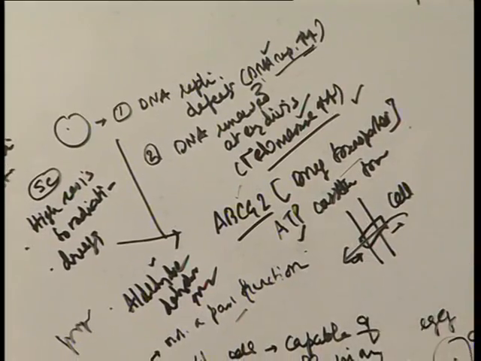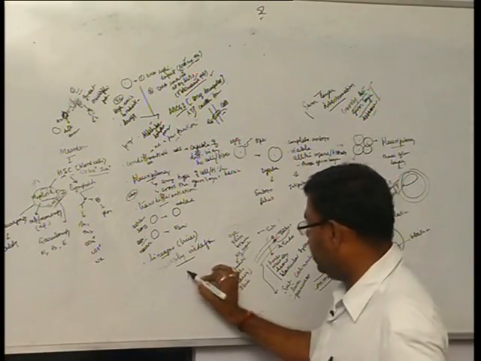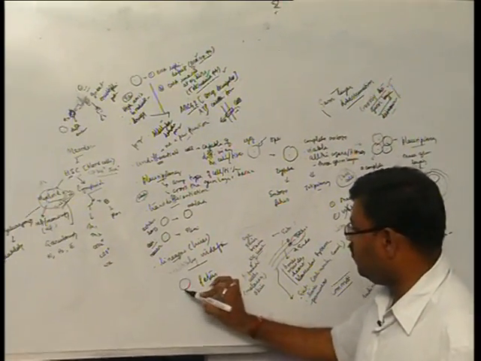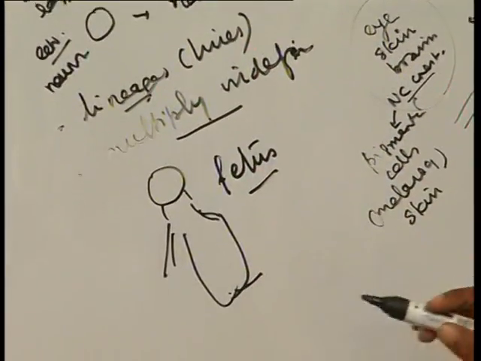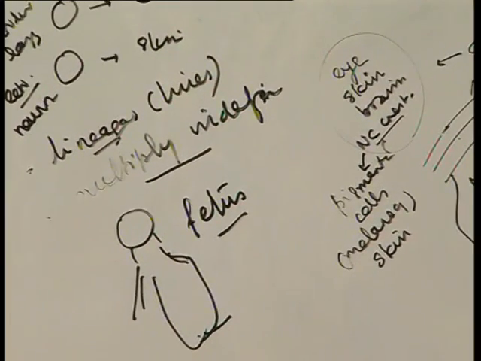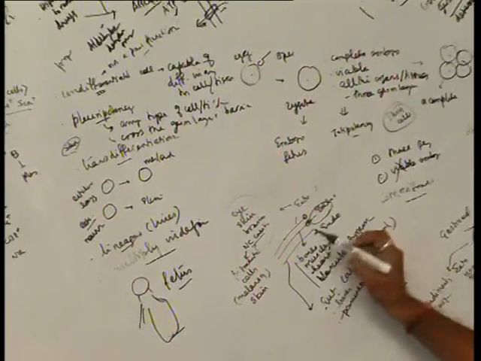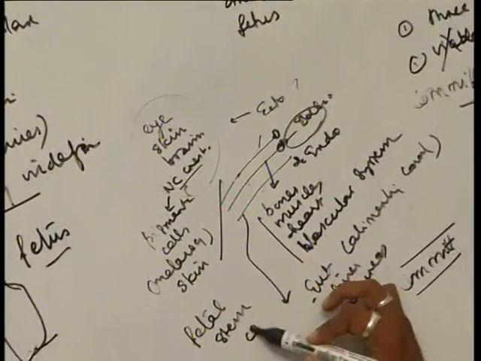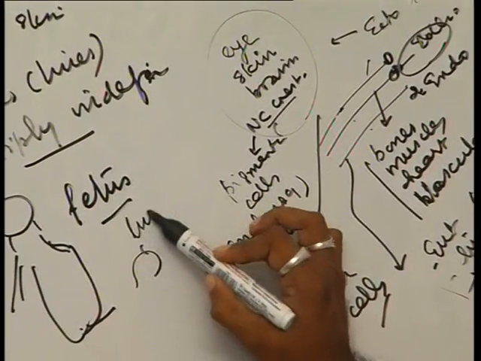Okay, so what we have discussed now is, starting from the egg, we have come to a stage where the fetus has formed. Now once the fetus has formed, this becomes like the complete fetus. In these stages, before the organs form, until the fetus forms, these are called fetal stem cells. For example, a rudimentary liver.